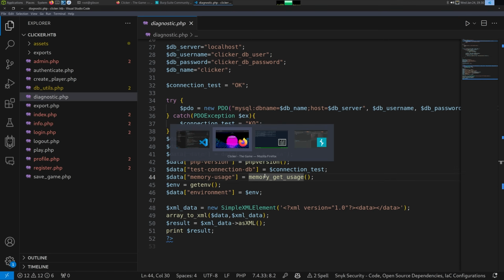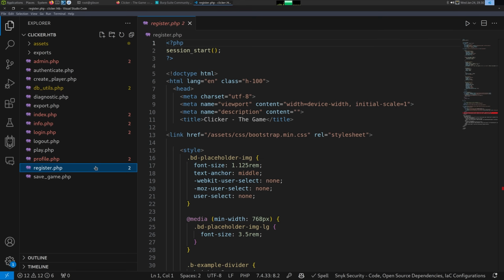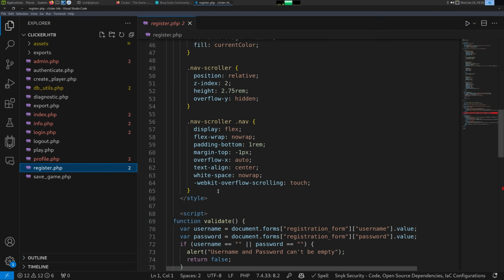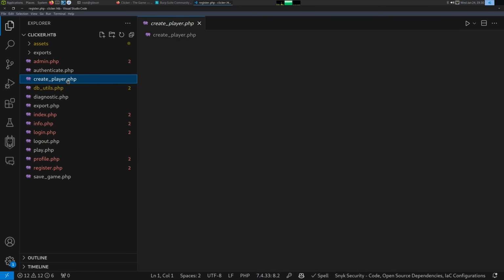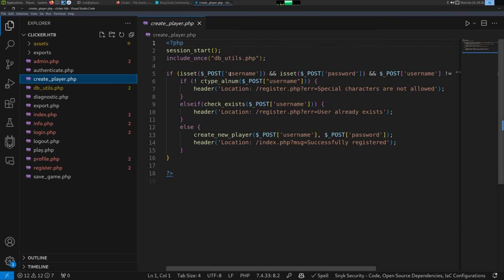So where are all the places we have user input? When we register, right? So let's look at the registration. Where is the PHP code here? It's probably under create player, I'm guessing. So we send username, password. It looks like the username has to be alphanumeric. So we know that. It checks if it exists, and then we create a new player, and it only creates it